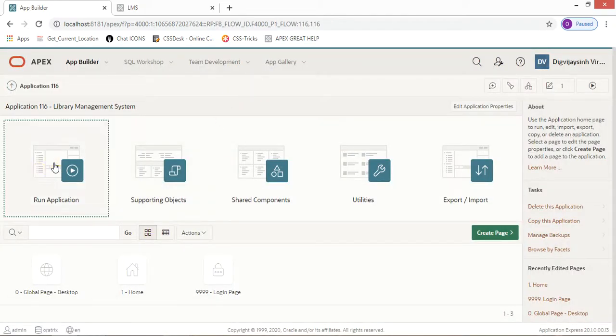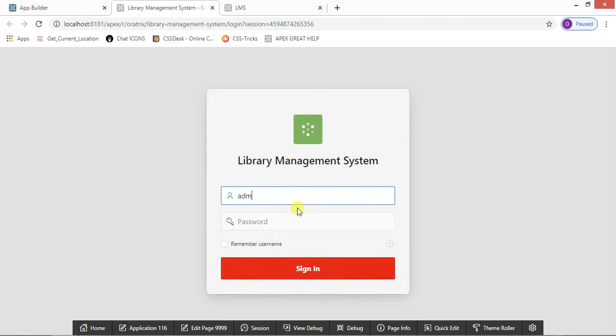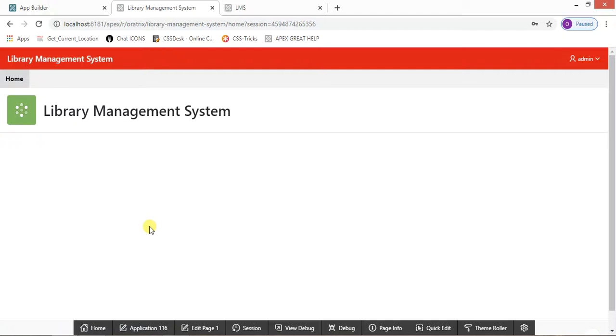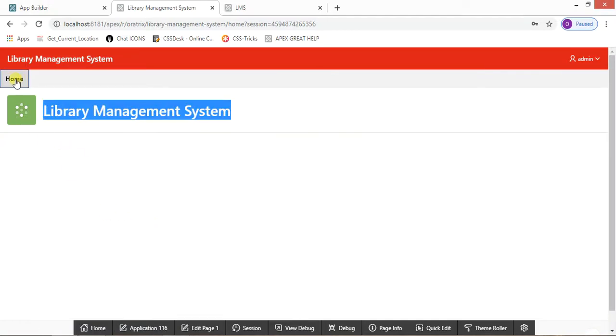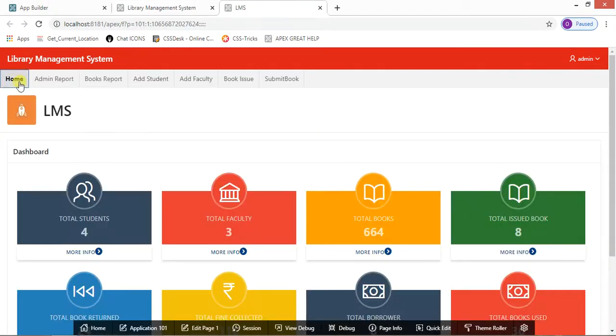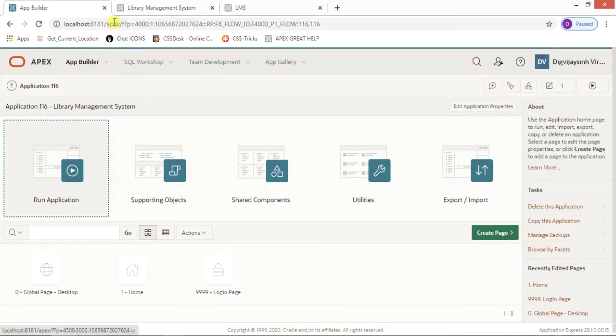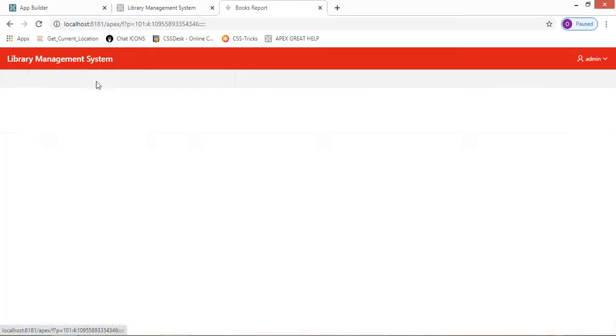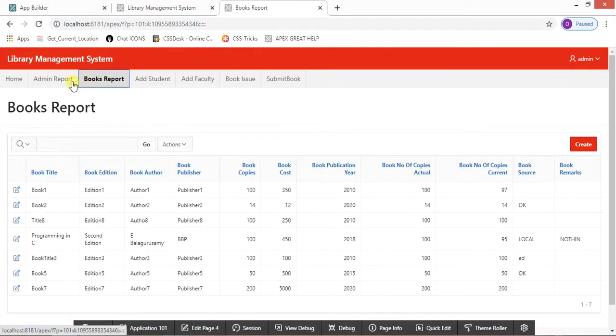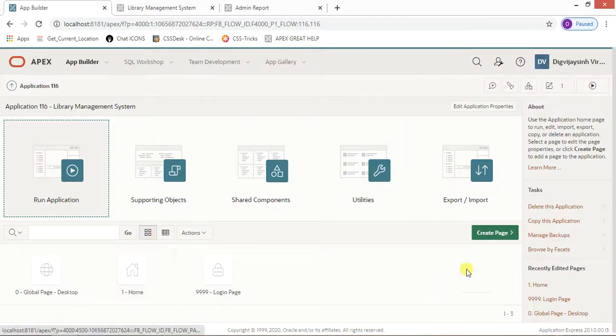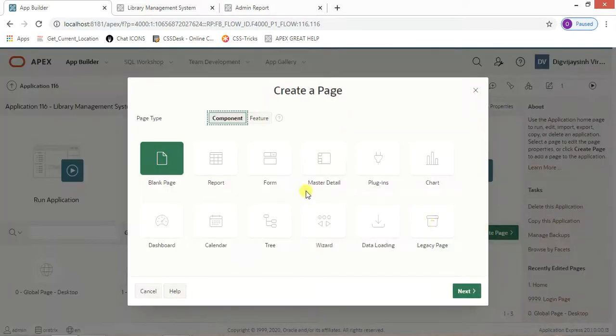Okay, now an absolutely fantastic GUI has been prepared. It shows the library management system title, and home is coming here. Now we have to create one admin report. As far as the first, second and third pages, this admin report and books report, these two are by default. I have not gone for manual coding of it, so it will be created very fast. Let me take you through the report,